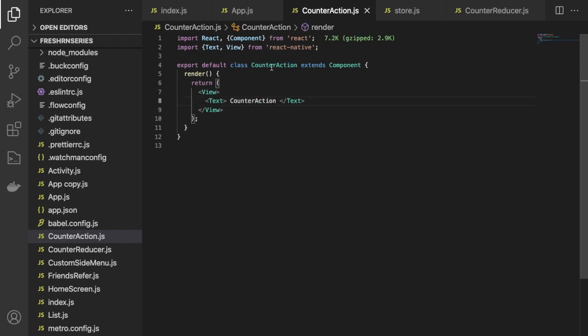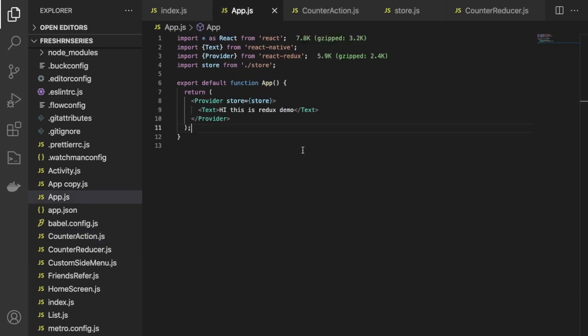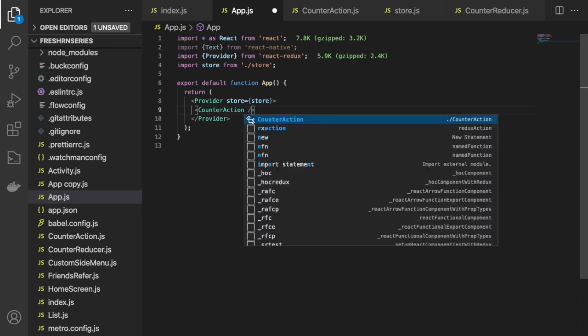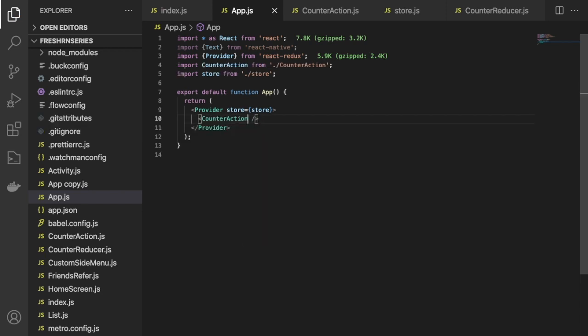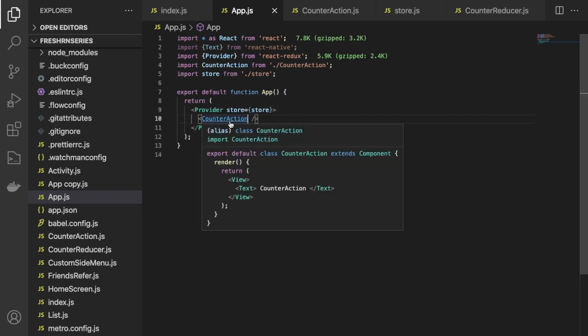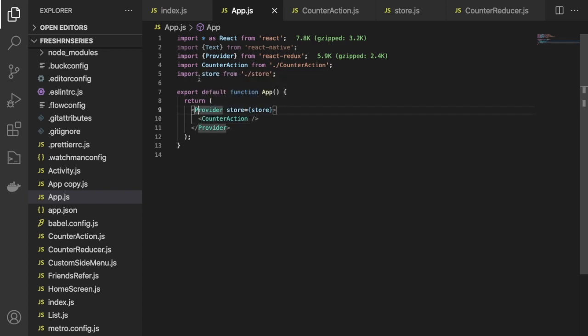Copy counter action, go to the app, delete this text, and we're going to use this counter action component. Here we have to import also. Let me use a shortcut here. Counter action. Okay, so I'm just passing the counter action component in my provider and importing it here. Okay. Go to this counter action component.